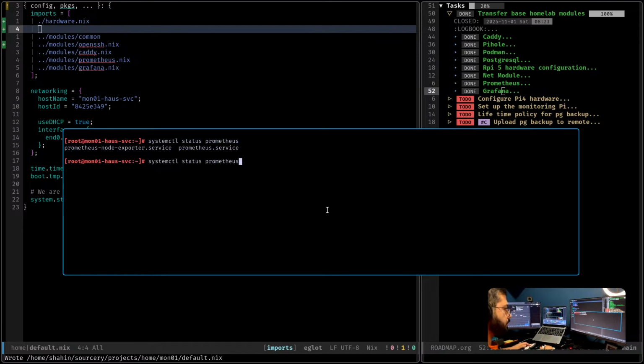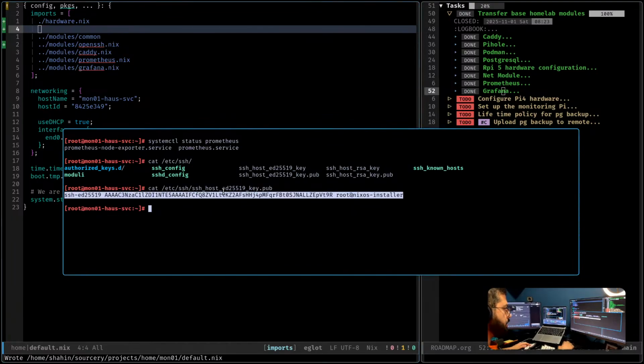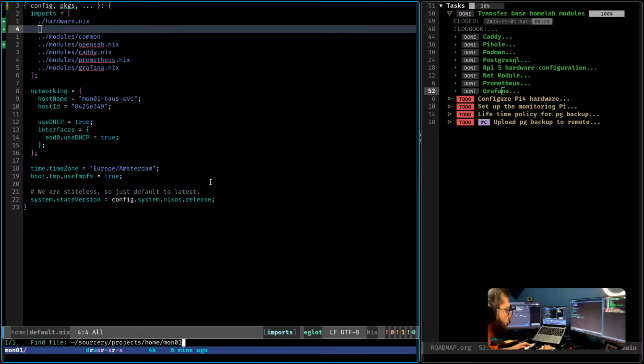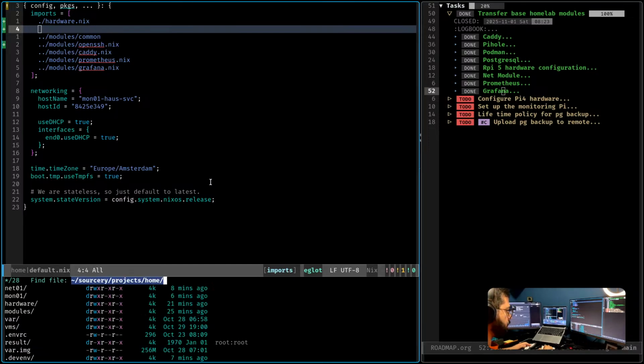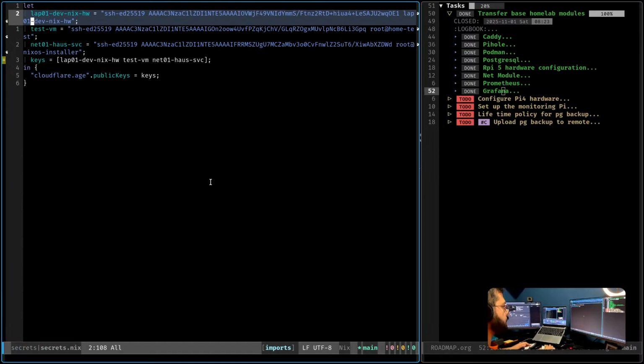Okay, the blackbox one is removed. Now I need to SSH host ed pub. I need to copy this key to secrets.nix.